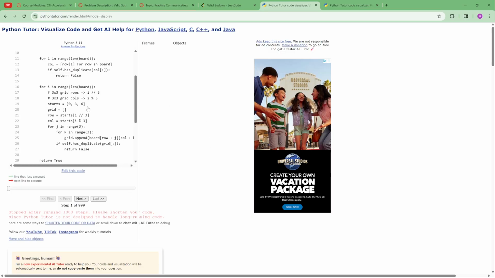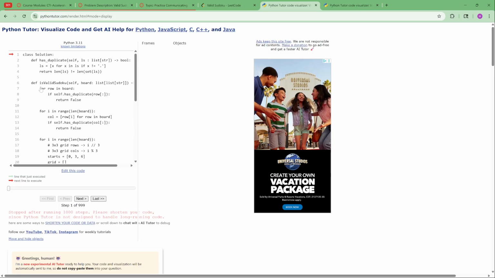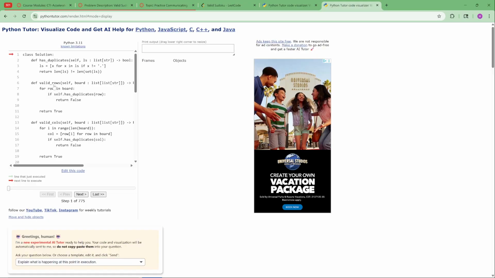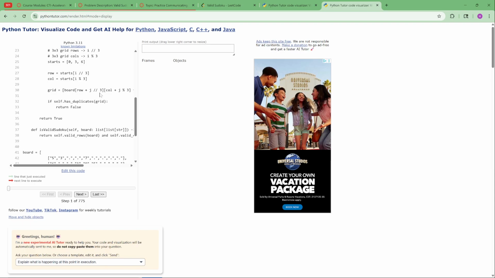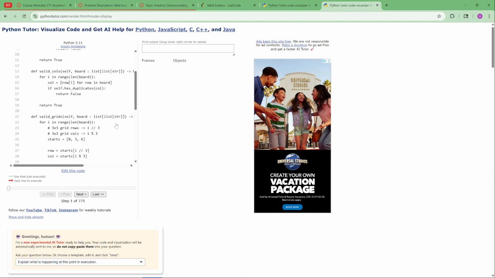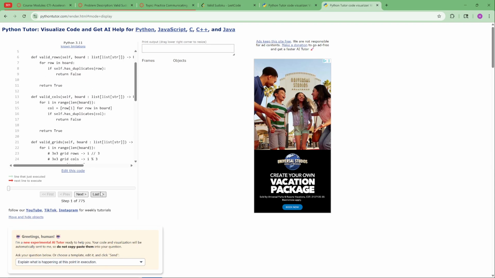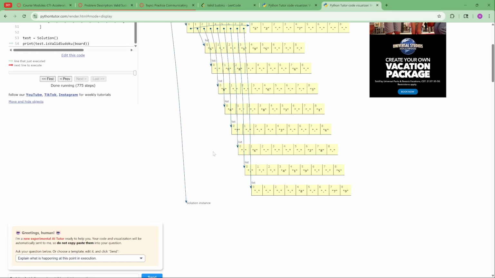This would be 1000 steps, where I had all the logic inside of valid Sudoku, with just the has duplicate function at the top. And then this is the separated version. It's a lot more efficient. It's less than 1000 steps. And I think the list comprehension helped a lot, because that's the only big difference I made other than separating logic into different functions. So yeah,